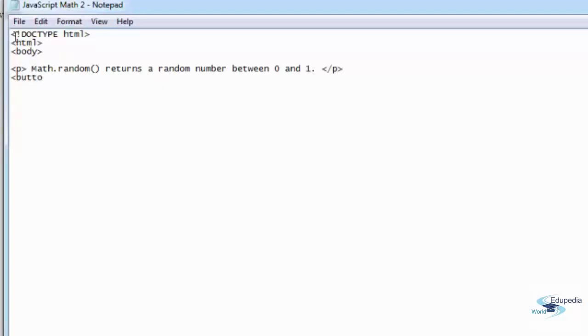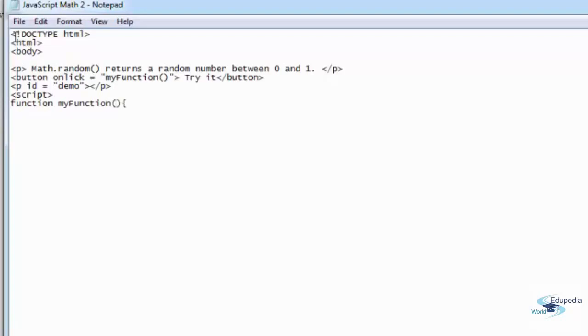Okay, open up the button tag, just like I was trying to do with the Math.max and Math.min. onclick is equal to myFunction. Try it. Okay, close the button tag and open up the paragraph tag and say id is equal to demo, and close the paragraph tag and say script, function myFunction,